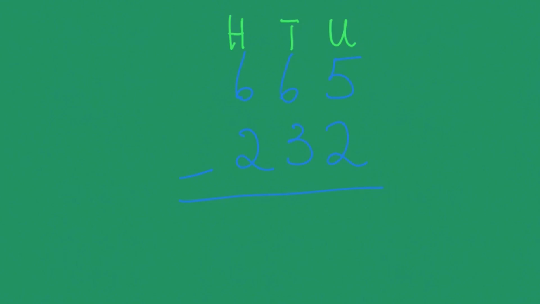All right, let's begin. So let's see if you got your answer correct. First, we begin with the unit section. All right, so we have 5 minus 2, which gives me a 3. And then we have the 10 section, 6 minus 3, which gives me a 3. And then finally, we have the hundred section, which is 6 minus 2, which gives me a 4. So my final answer is